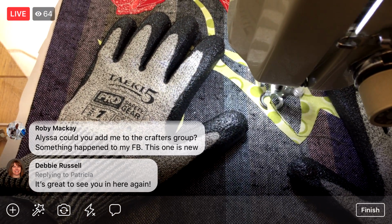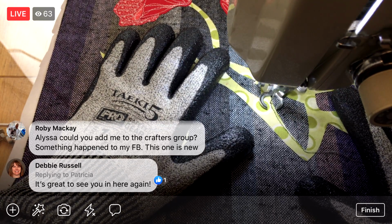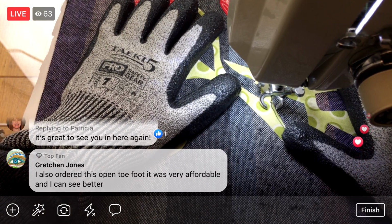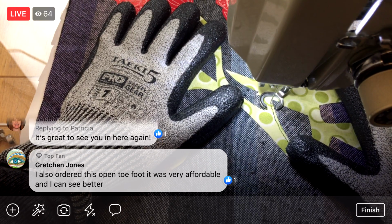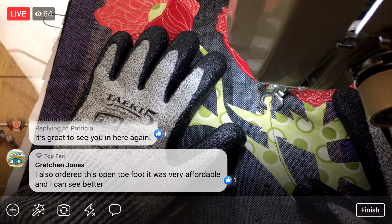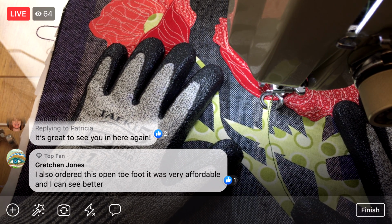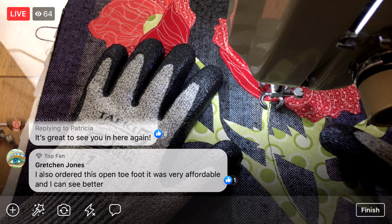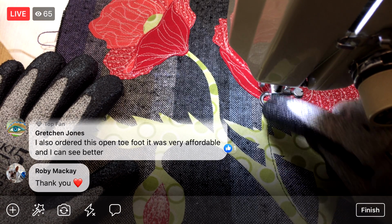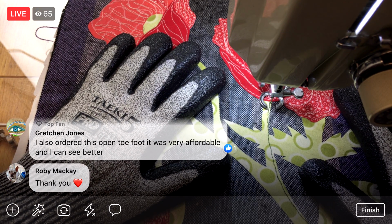All right, so like I said, I'm doing something a little bit different. I'm going to do this stem in the front of that leaf, so I'm going to continue this line up to this stem. I think I'm going to go down to here, and then maybe start filling that in just a little bit, because